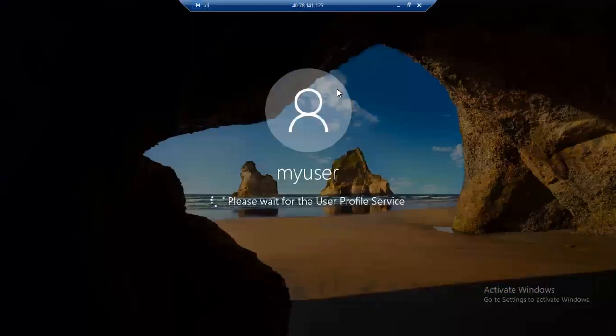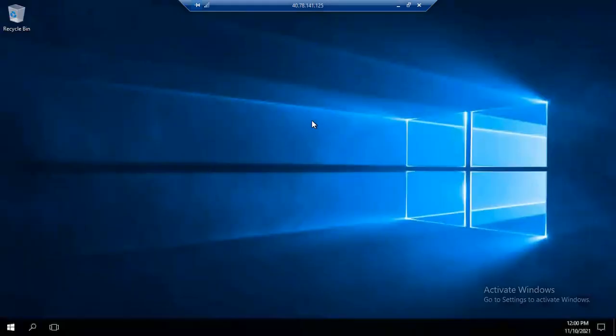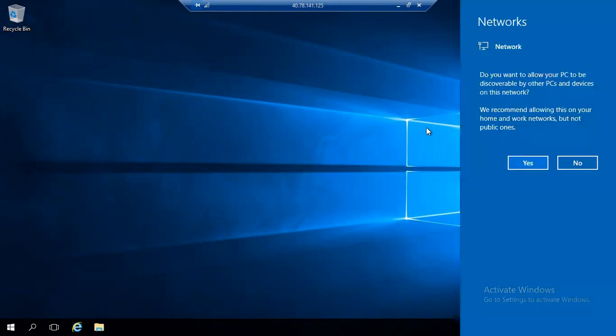So now I am in Windows 2016 server. Okay, it is asking whether you want to allow this PC to be discovered by other network.